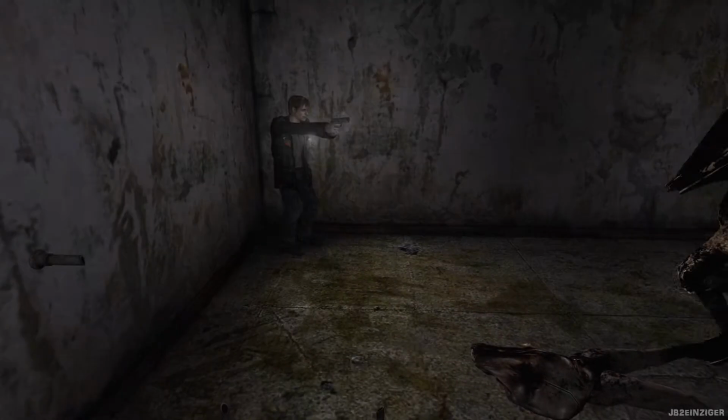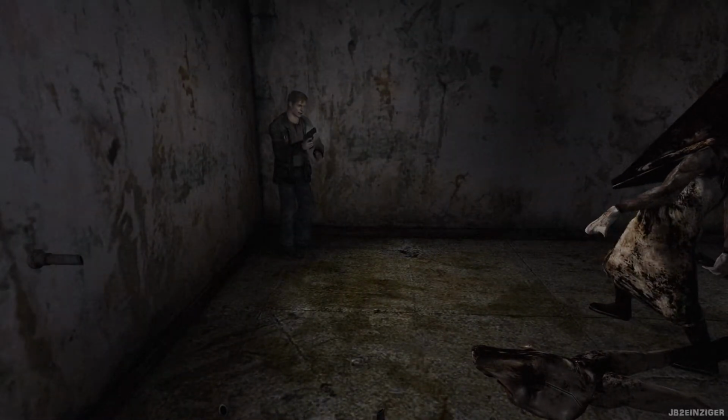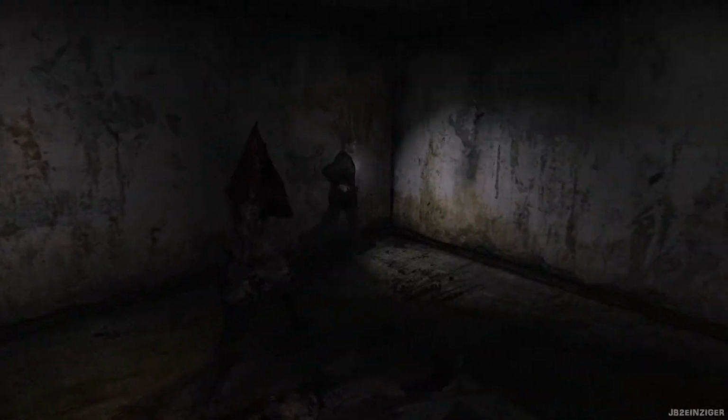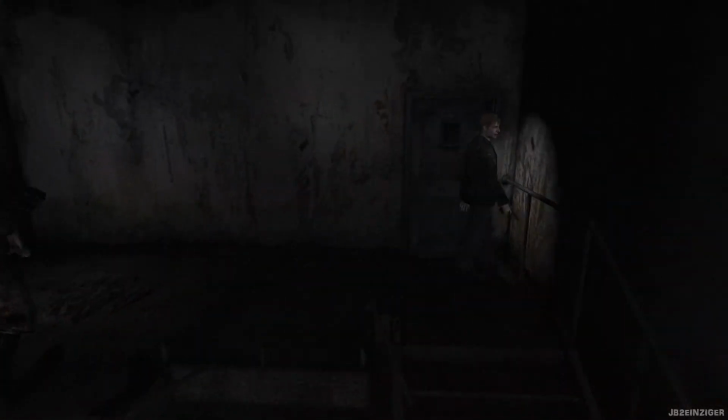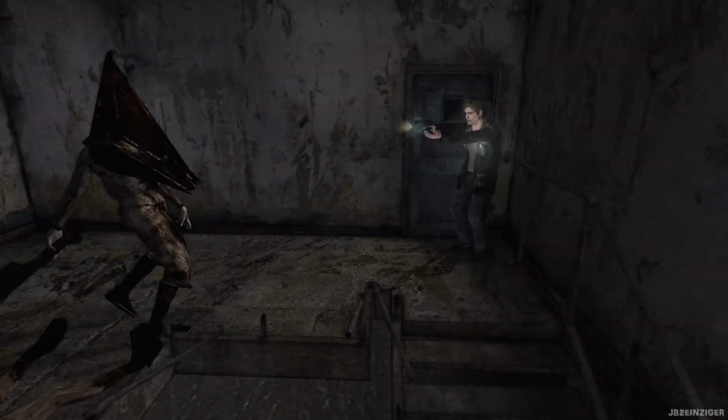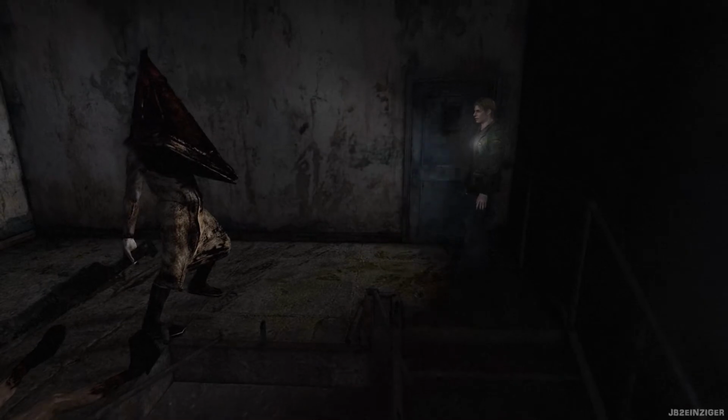I'd also love, there's a company called Gecco, I think, that made an official licensed Silent Hill 2 statue. It's called Red Pyramid Thing on the box, but it's like an official statue with...